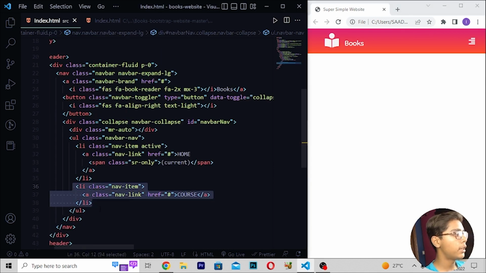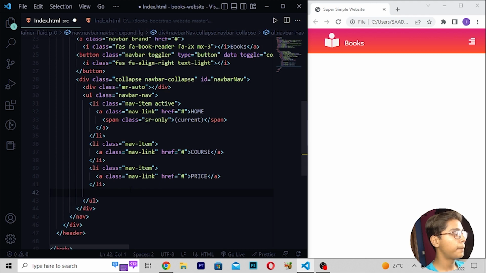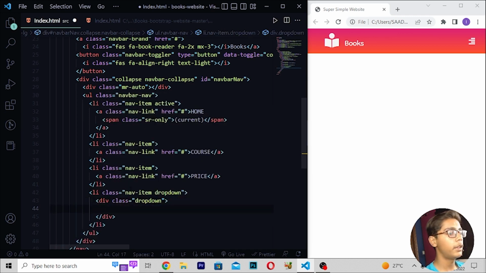Now when you are getting this, here I will be copying this, then you have to paste this, and then you have to just do one thing. Here I will be now moving right here price, then I will be just doing one thing. I will be moving down, right here li class, then I will be writing here nav-item, then I will be writing here dropdown like this. Then when you've written this, here I'll be moving down, right here div class, then here I'll be moving and writing here dropdown a tag hashtag, right here nav-link, then right here pages.